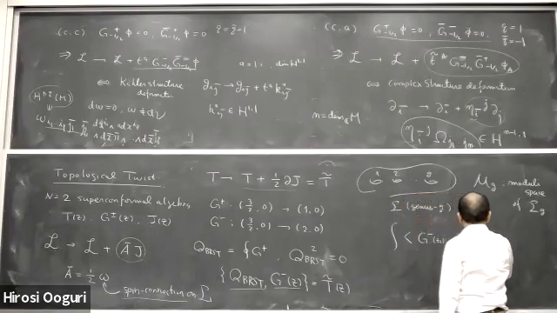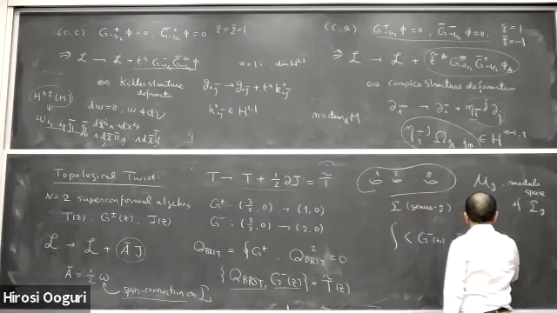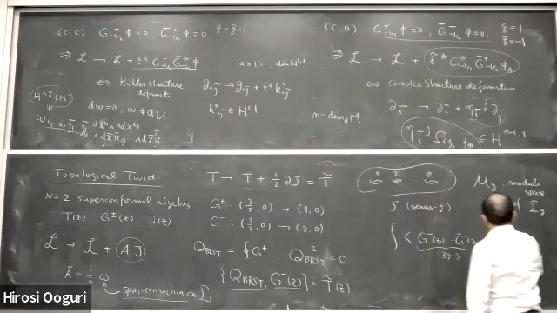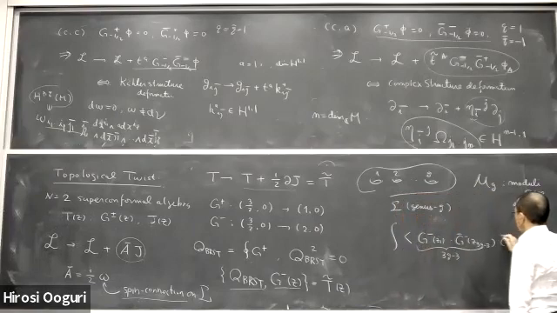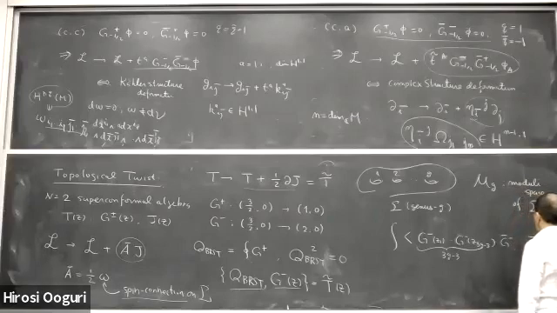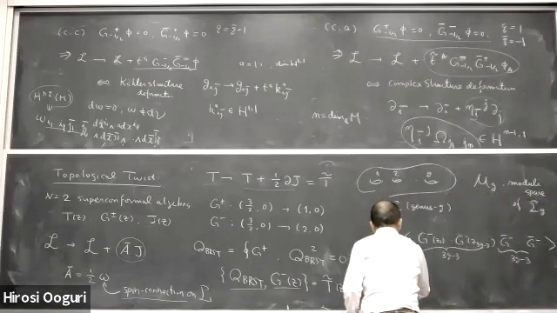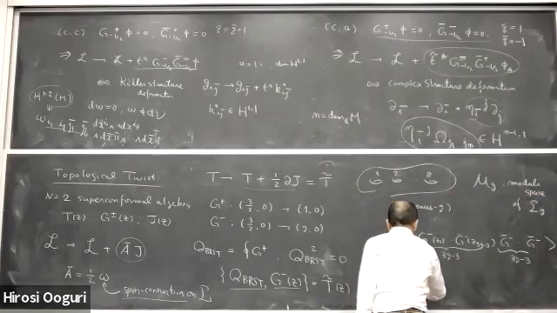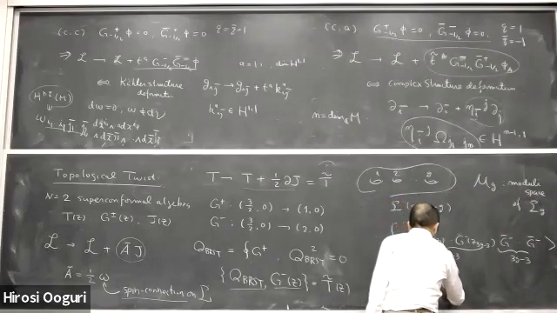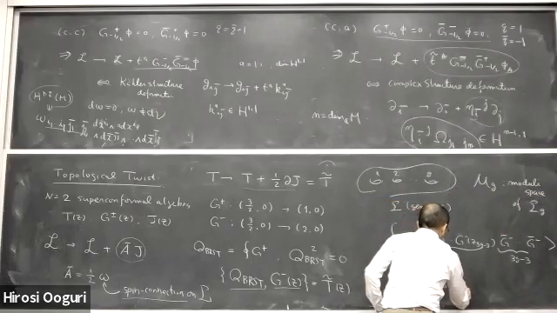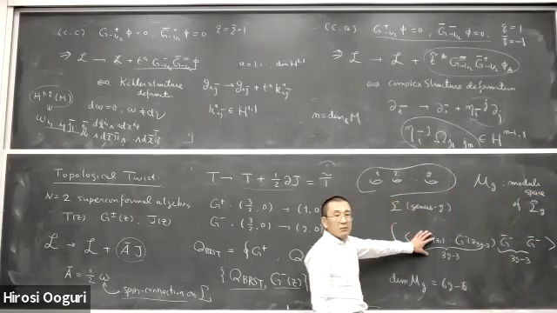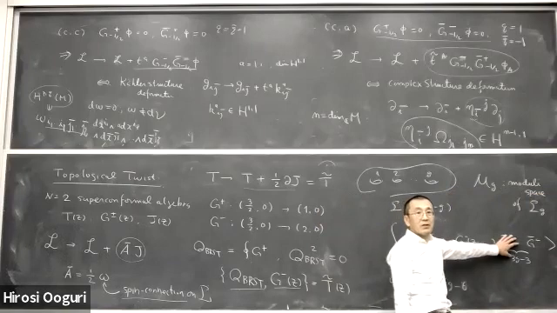And we need 3G minus 3 of them. And we also introduce the same number of operators for the right mover. One of the things about this moduli space is that its dimension is 6G minus 6. So if you insert 3G minus 3 of this and 3G minus 3 of this, then